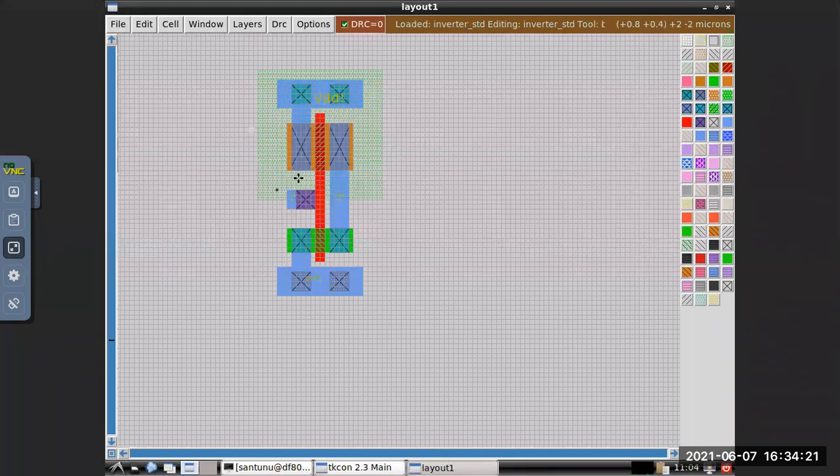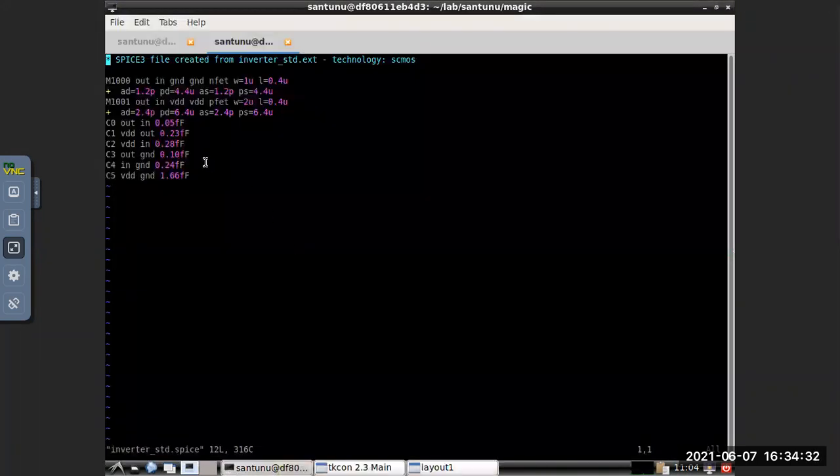So VDD to V in, ground to V in, ground to out. These are the capacitances you are getting: out to in, VDD to out, VDD to in, out to ground, in to ground, VDD to ground. Why is the VDD to ground capacitance so big?